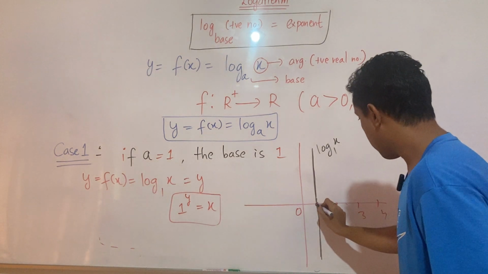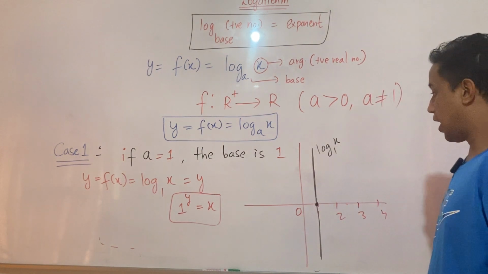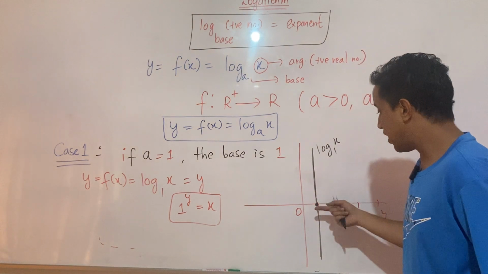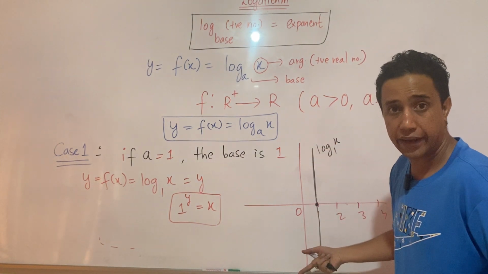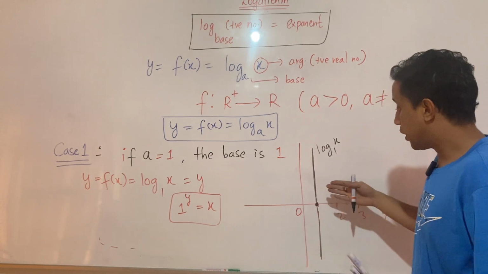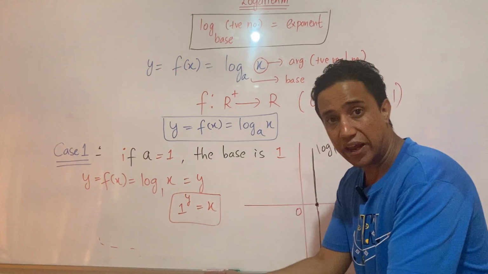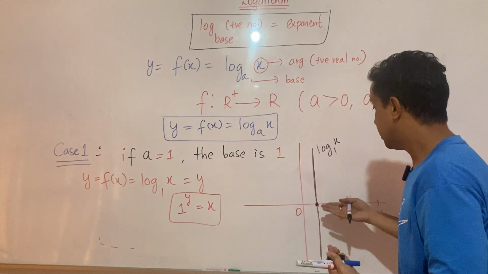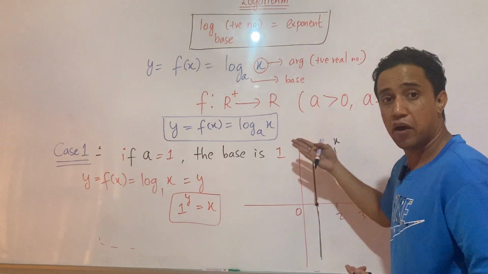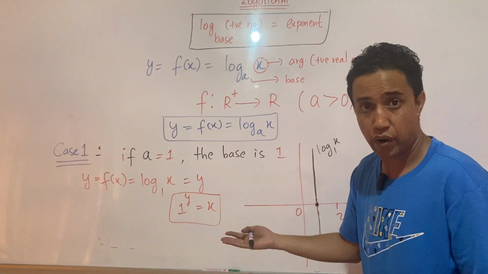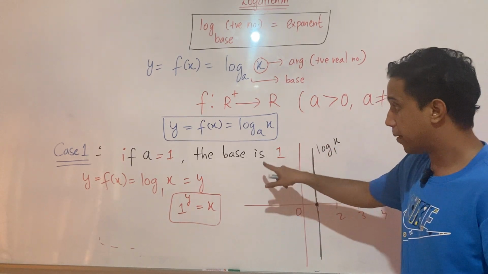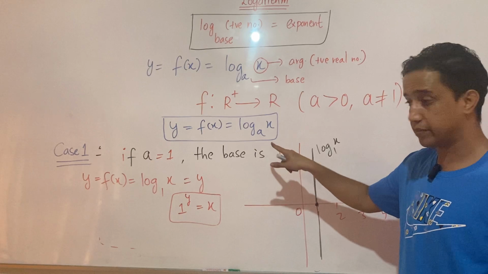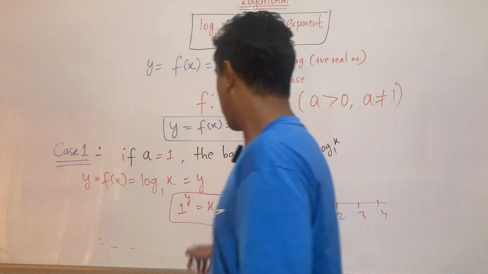Because see here, the value of x is mapped to different values of y. It should map to a unique value of y, not one to many values. So that's why the base should not be 1. That's why therefore